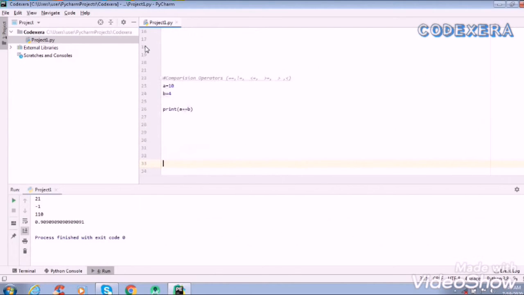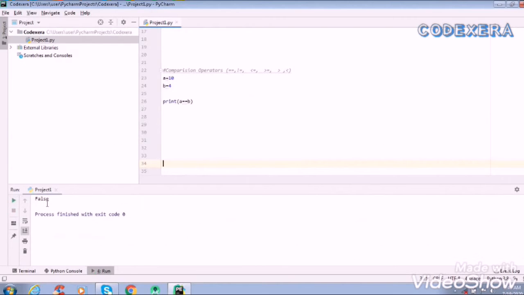Now we'll run this, and here we see that it's false, because a is not equal to b. If we do a is not equal to b, then it will print true.